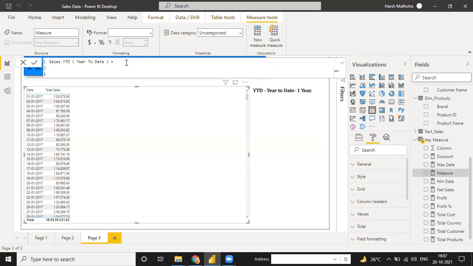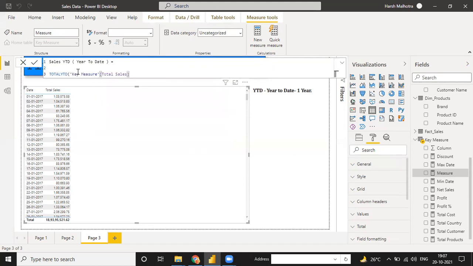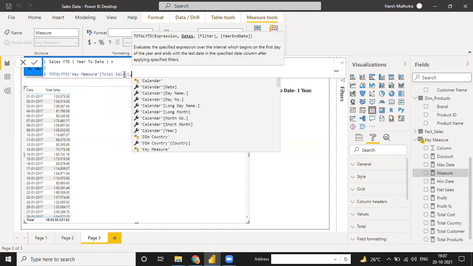This is your year to date function. And how to write it? We have the TOTALYTD function here. So I can put my TOTALYTD function and you can use your sales measure, the total sales measure which you just created with me.